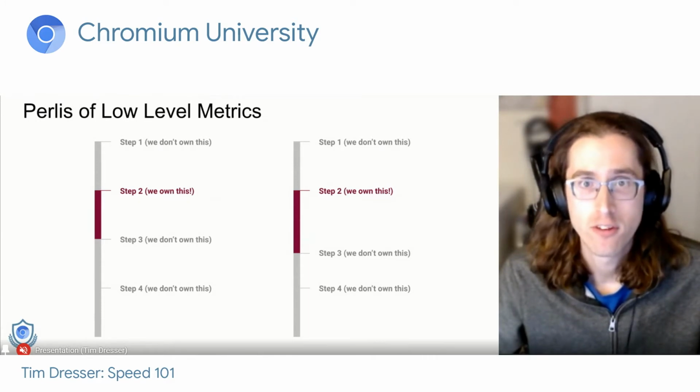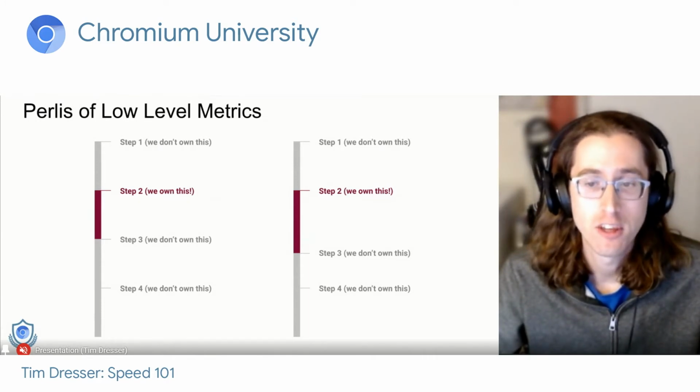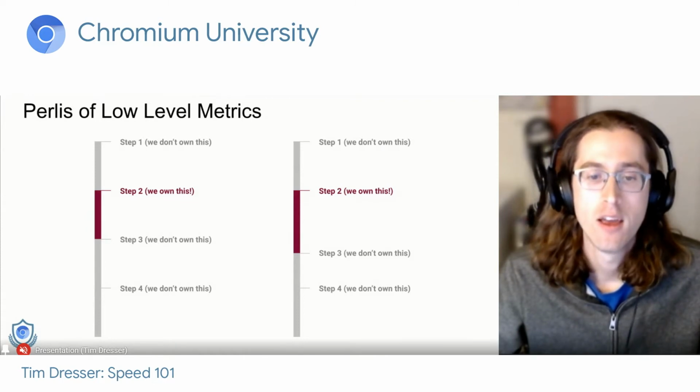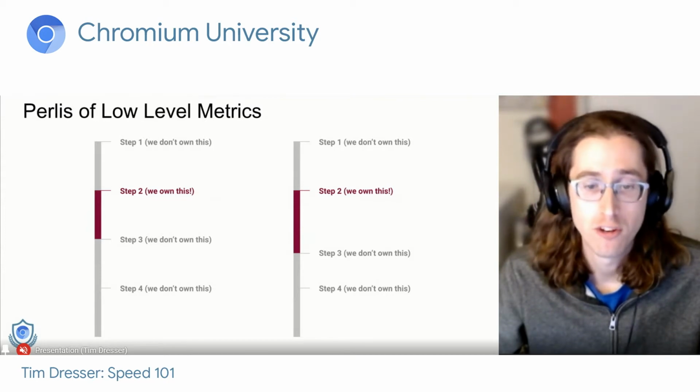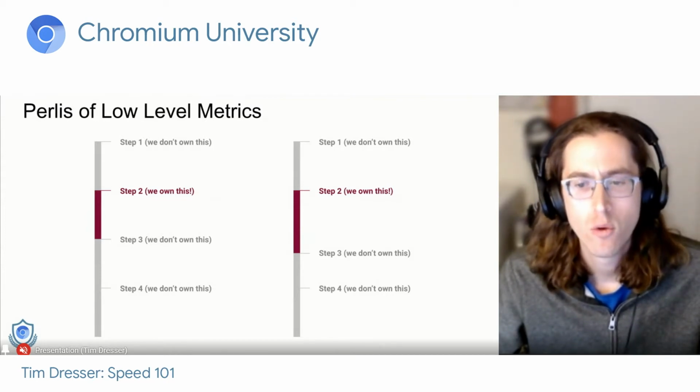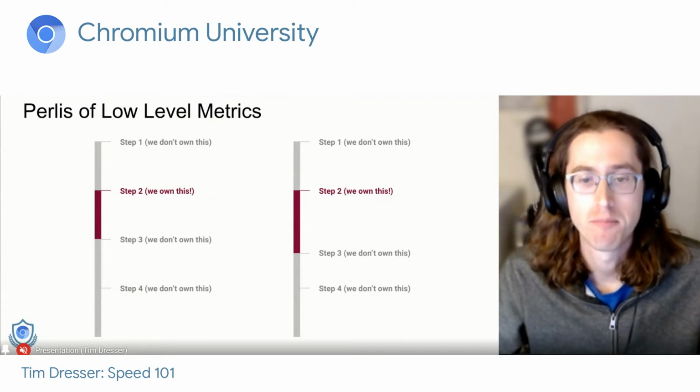This happens constantly, and it can easily result in us wasting huge amounts of time hunting down regressions that aren't real. Instead of focusing on the duration of the second step, we should really be reasoning about the duration of the entire process, while still being aware of the cost of the second step.